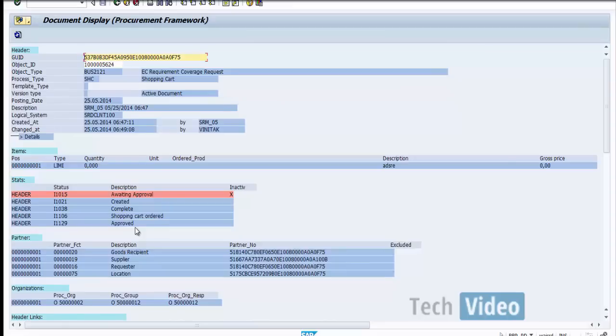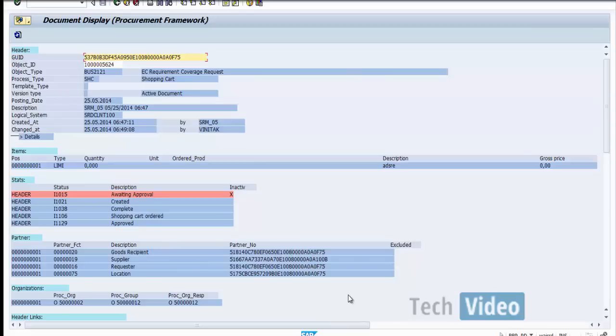So without doing anything from the front end, I have managed to approve the shopping cart from the back end by carrying out a particular set of steps. So this is generally needed when we are trying to test a scenario or when we are trying to create a scenario and do not want the mid-approval processes to be executed by different user IDs. Instead, we only are interested in checking after approval what does the shopping cart do. So for my testing purpose, I can just go ahead and simply approve the shopping cart by the function module